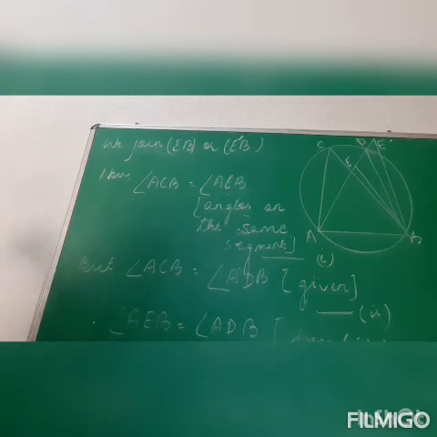I give this one as equation number 1. But also it is given to us that angle ACB is equal to angle ADB. Give this one as equation number 2. So from these two equations, we can say that angle AEB is equal to angle ADB. Now, we can say this only if the point E coincides with D or E dash coincides with D. So our assumption that D does not lie on the circle is wrong. Therefore, we can say that A, B, C and D are concyclic, or they lie on the same circle.